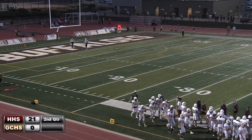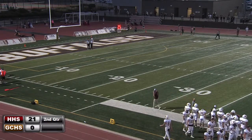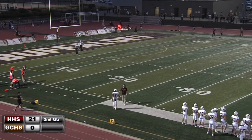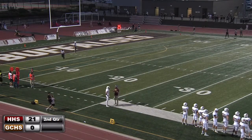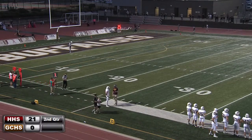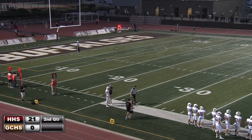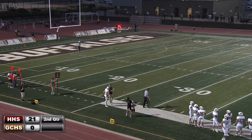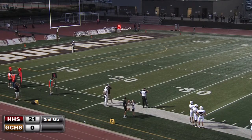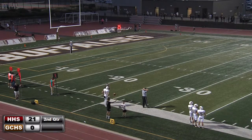And really what you go back to even beyond that is that Hays High had the ball on that previous possession starting at the Garden City 42-yard line, but gained just a yard through 2 incomplete passes, and instead of potentially punting from there and pinning Garden City deep in their own territory again, the Indians got a 15-yard penalty at the end of the play, and after the play was over, it ends up leaving Hays High with a long punt situation, and a high snap ends up giving the Hays High Indians some trouble on the defensive side, and Garden City on the board at 21-7. Now, how